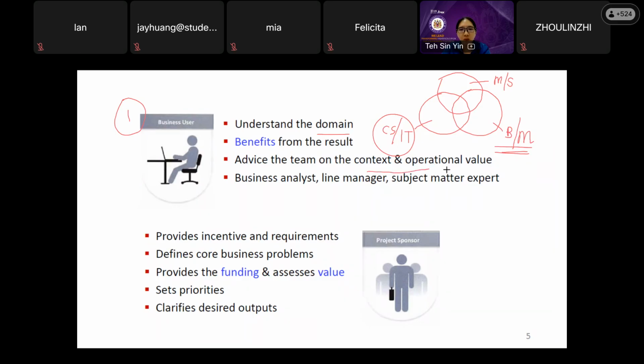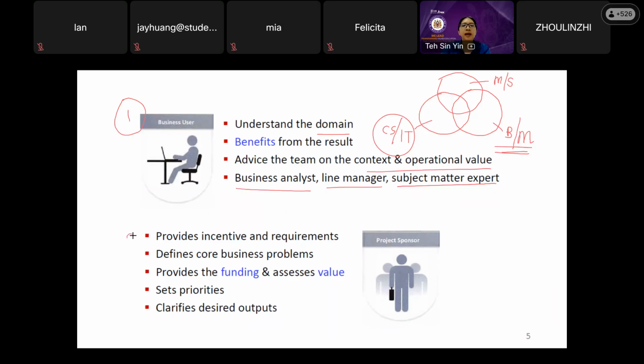They will be the ones who know what the good things are, what the advantages are, what the positive value is that brings to the project. So these people could be the business analyst, the line manager, or the subject matter expert that I mentioned just now. So they know about the business, not just the technical part.